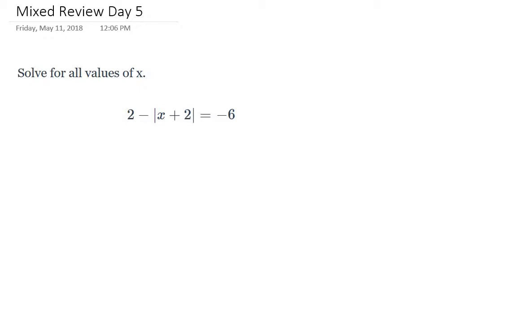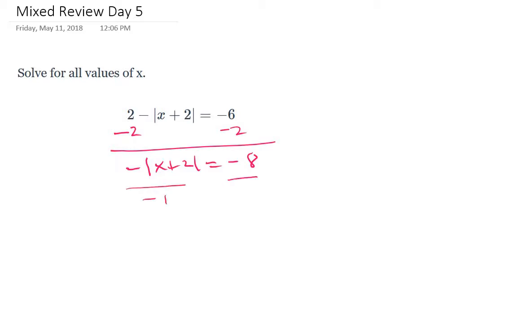So the first thing I will do is to subtract 2 from both sides. That will leave me with x plus 2 equals -8. So now we're going to get rid of this negative. So divide every side by -1. So by -1, that will cancel that. And you have x plus 2 equals